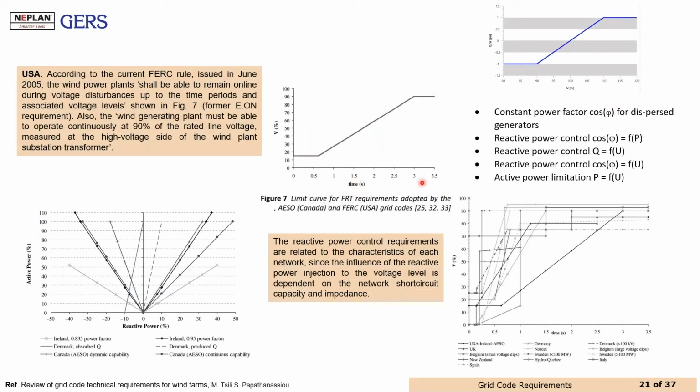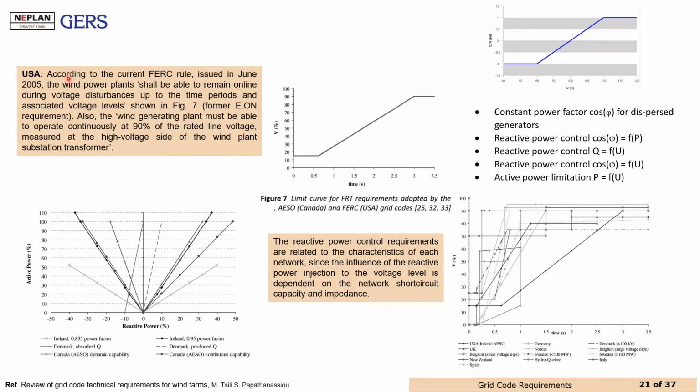For example, there are some reviews of the grid code technical requirements here. This reference is associated to the grid forms, but I would like to mention that in general, for the impact of the variable renewable energies interfaced through converters, the final response is due to the control response of the converter. And in that case, the specification comes from the availability of the technology in the converter to support the different control